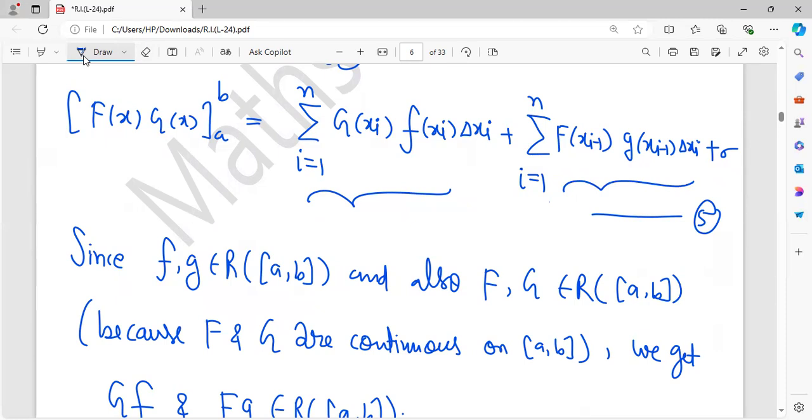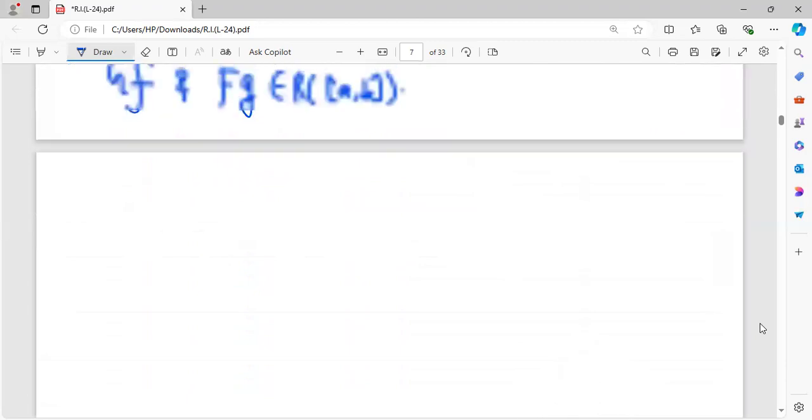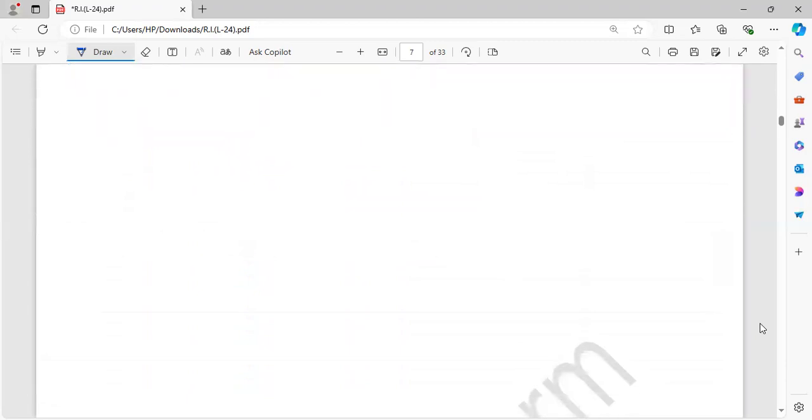So when the norm tends to 0, these will become the corresponding Riemann integrals. So letting norm P tending to 0 in 5, we get